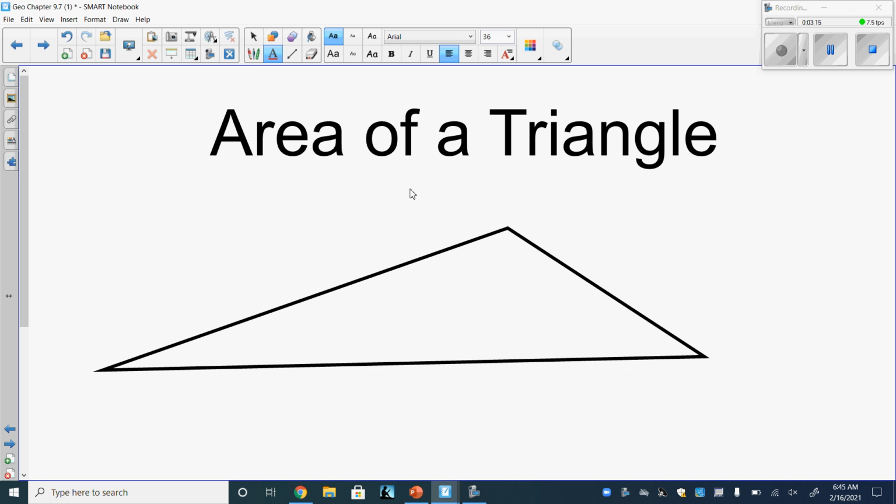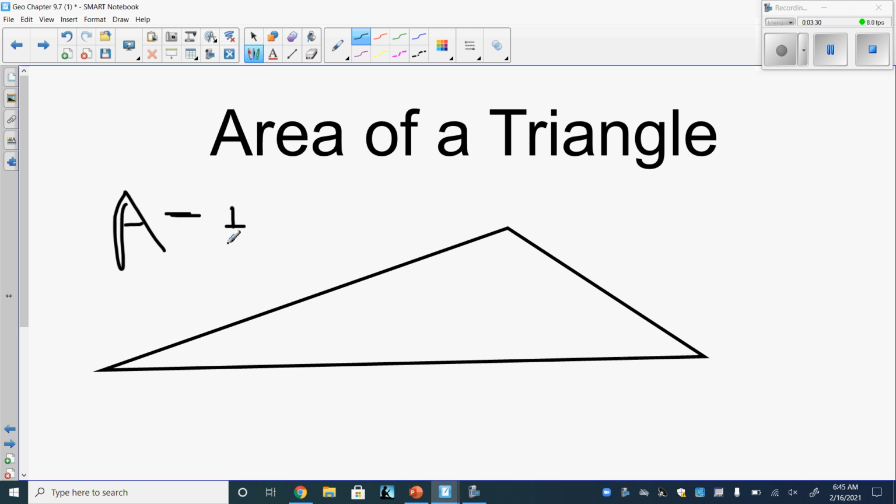And the reason we're talking about that is dealing with the area of a triangle. Now, if we're given a right triangle, well, we know the area formula for a triangle. Area is equal to 1/2 the base times the height. Well, if I'm not specifically given a base and height of a triangle, if I'm given an obtuse triangle, an angle that is greater than 90 degrees, it's a